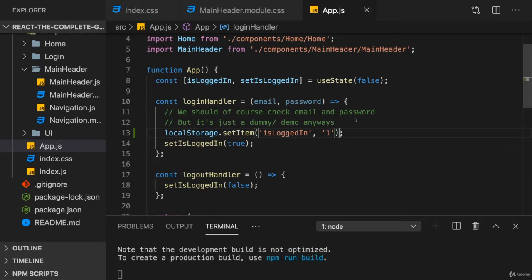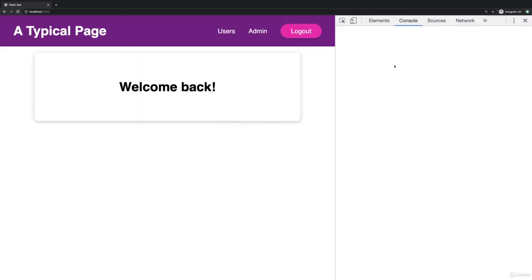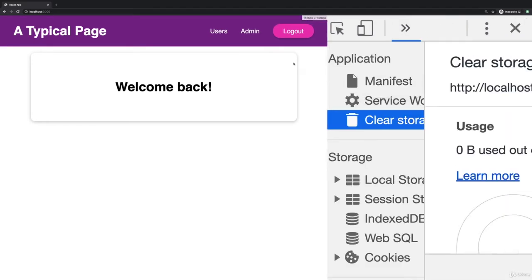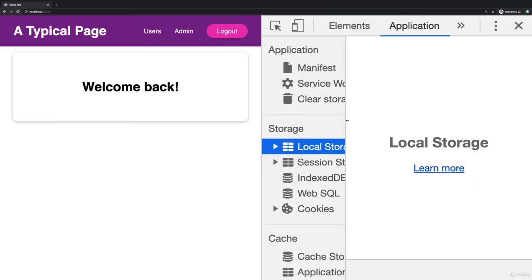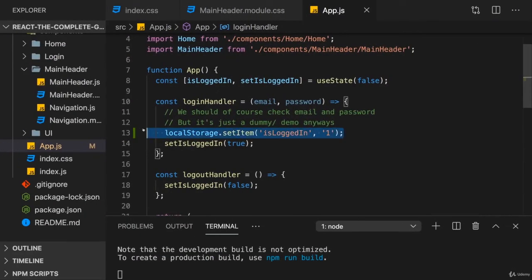And if I do this and I save everything, if I do log in again here, I can open up the developer tools thereafter. And there open the application tab. There you'll find the storage section with the local storage. And if you expand this, you'll find your host, and there you should now find this key value pair. That's stemming from this line. So that's how we can store data. Now we can do this here in the function because it is a function that executes only when the user clicks the button, which is rare enough and which is exactly when we want to store something.